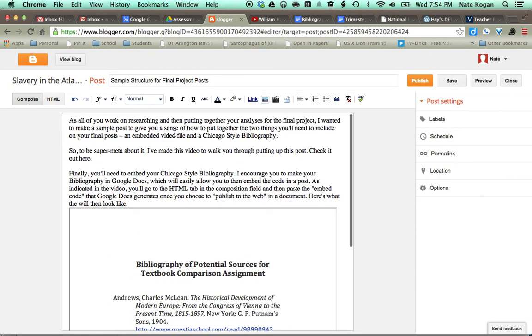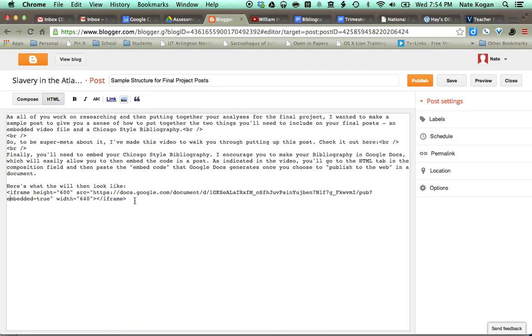And when you have embed code, you have to go over to the HTML tab, which is right here next to the Compose field. So in the HTML tab, I've already put it in here, but I'll paste it again. I'm going to paste the code. There's one trick that you have to be aware of in order to make it fit well on the post, which is you have to designate how wide and how tall